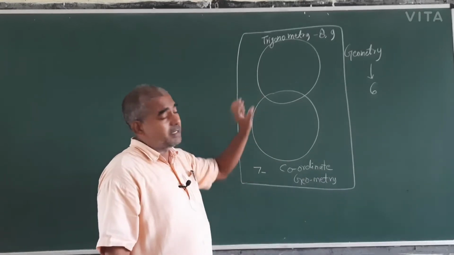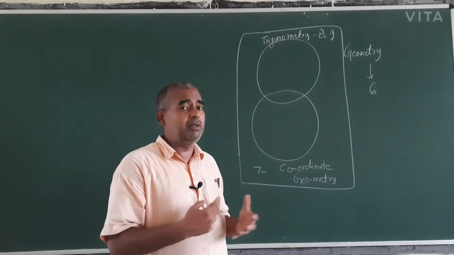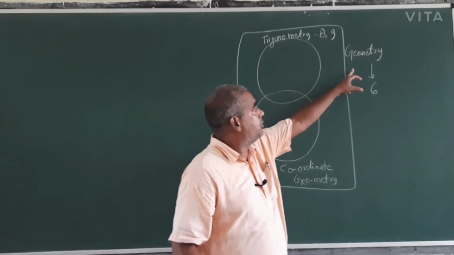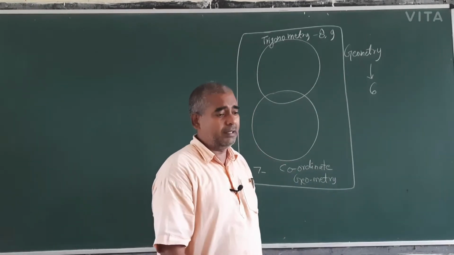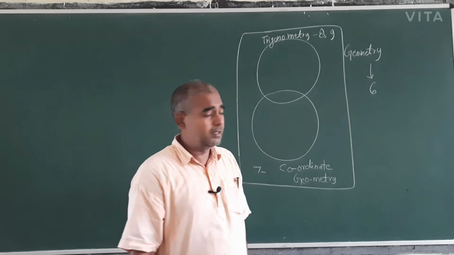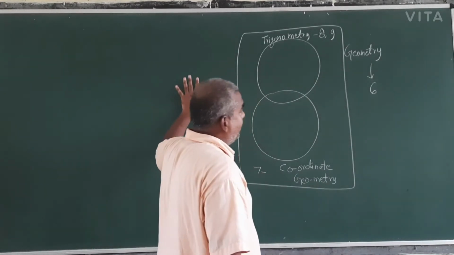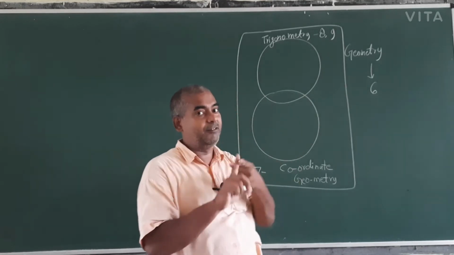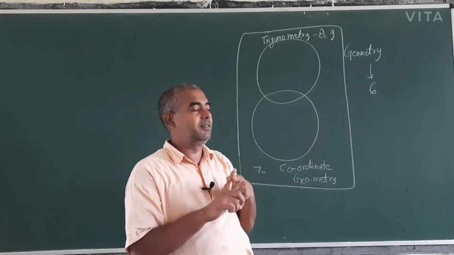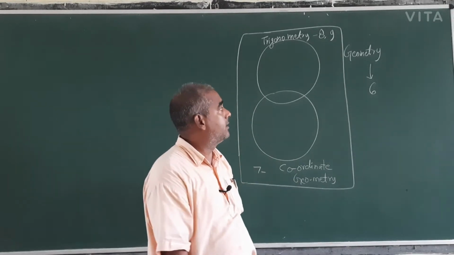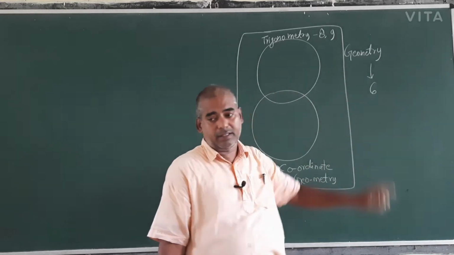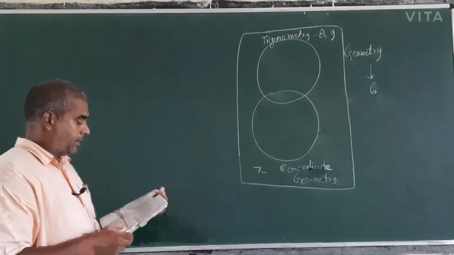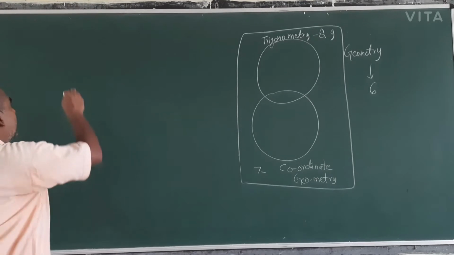So these are related. The main actual portion is geometry, and in class 10th, chapter number 5, arithmetic progression was there, what I have told in the last class. So in geometry, chapter number 6,